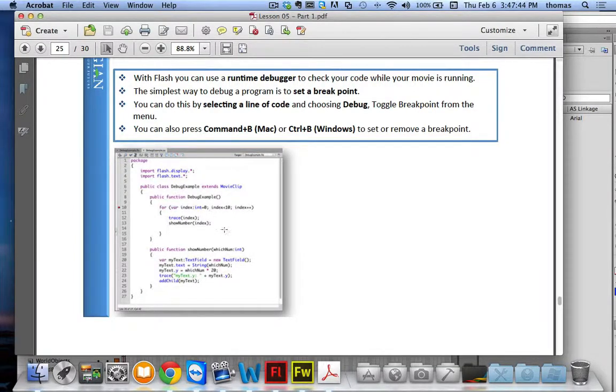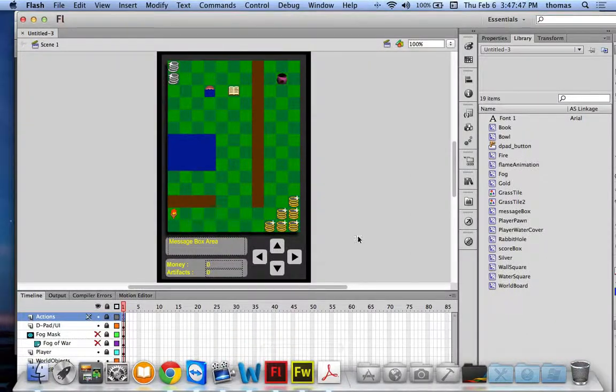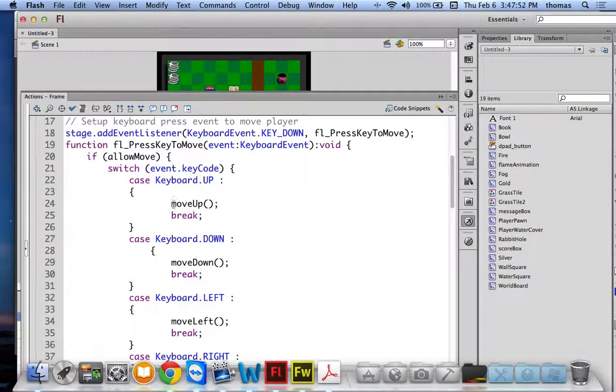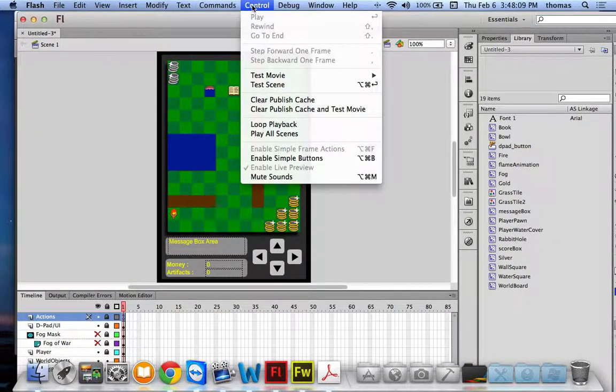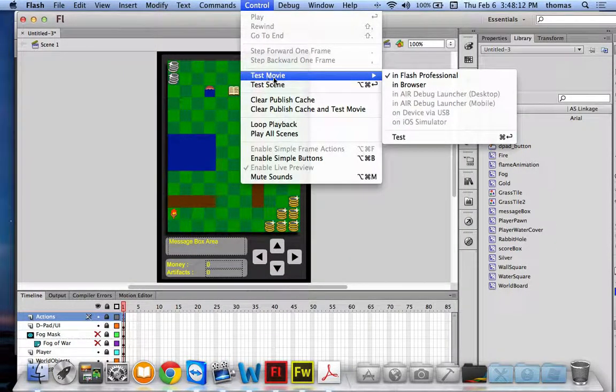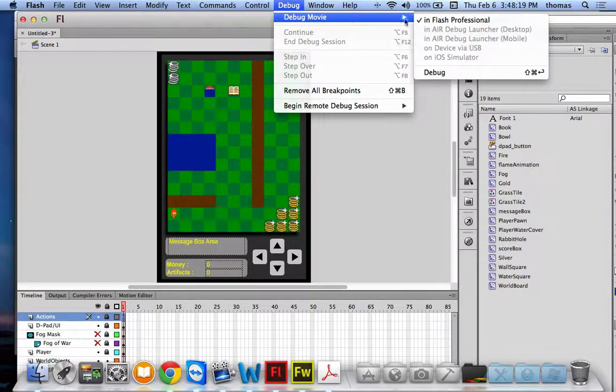Let me show you how that works. So here I am back in Flash. There's my game, right? And I go into my code here, and now I want to put a breakpoint. I can put it right here, by going to the border, this gutter, and clicking onto it, just like we've seen in other languages. And then you can use debug mode. Right now we always test the movie in Flash Player, but we can also debug the movie, which is a totally different thing. I can debug the movie, and if I go to debug mode,